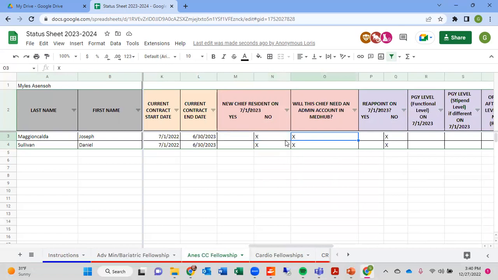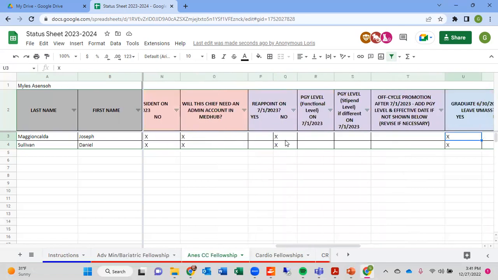Some programs have their chiefs have an admin account in MedHub. Let me know if they need that, so that I can create those starting in the new academic year. Let me know if they're going to be reappointed or not. This is a one-year program, so these folks aren't going to renew or reappoint. Also, if they're going to be a different functional level, if they're going to be on a different stipend level,